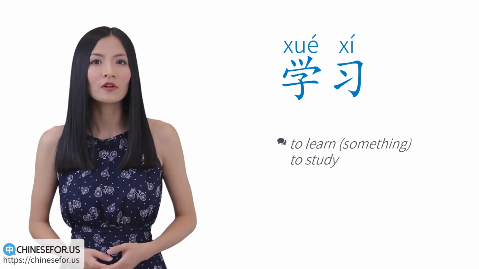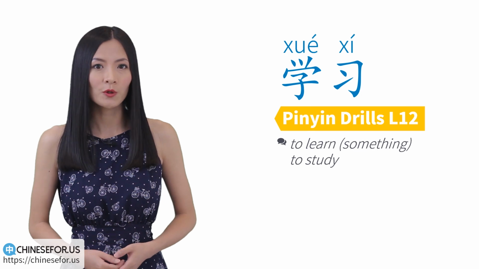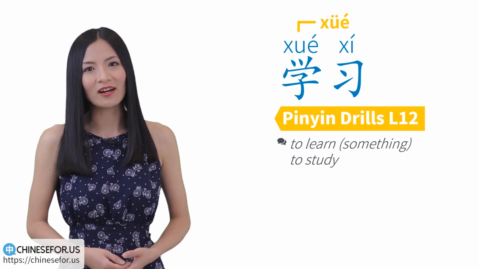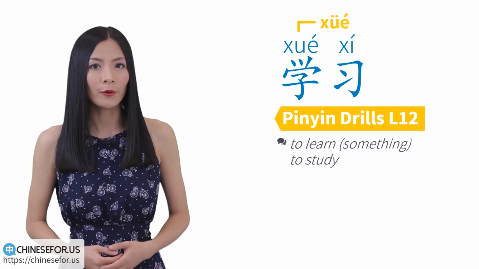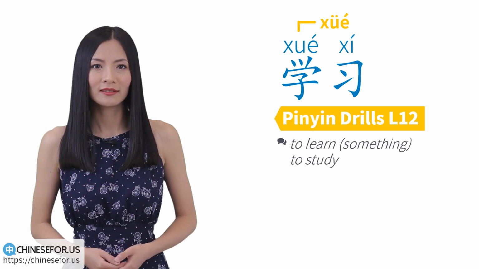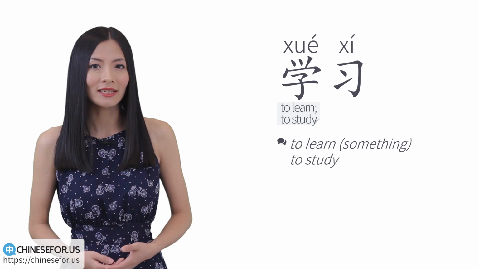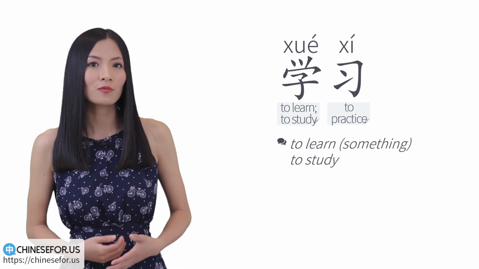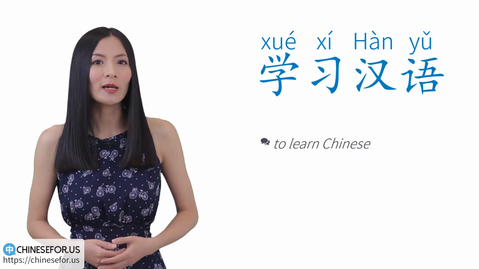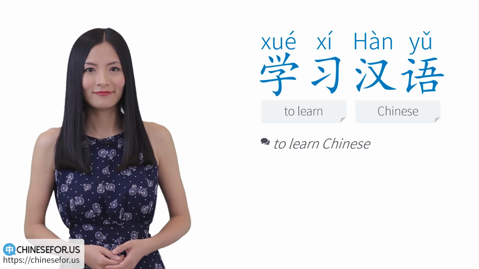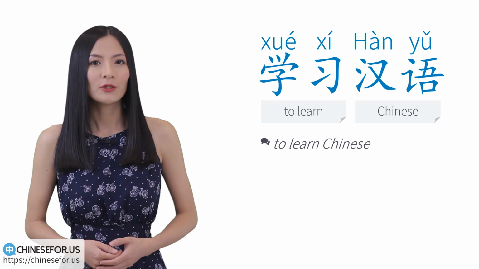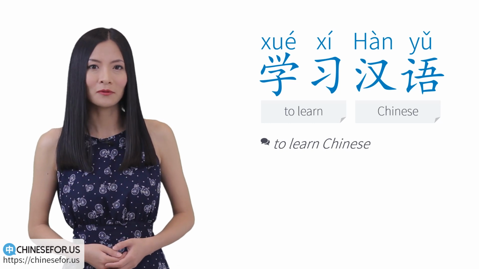Be careful of another spelling rule. 学 is actually this sound. 学 means to learn or to study, and 习 means to practice. So to learn Chinese is 学习汉语。